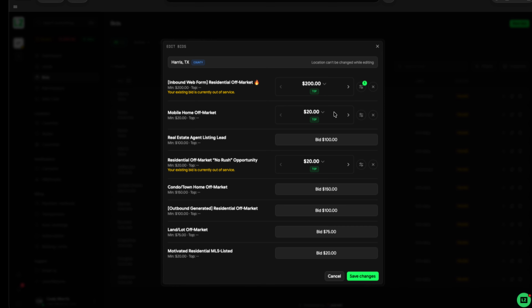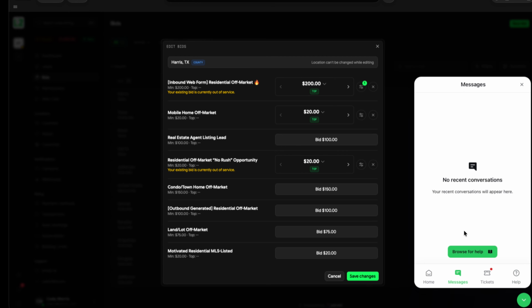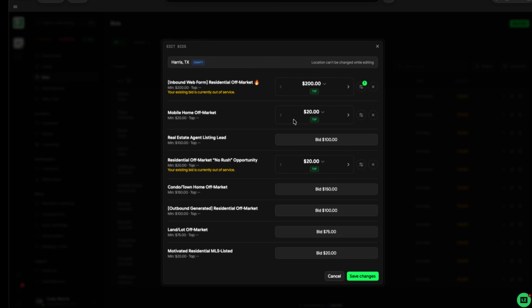And if you're having issues with lead flow, just reach out to our support team. Just send over a message and we'll take a look behind the scenes and see if there's anything else we can do for you. So once I've created a bid, I've got my location selected, my lead type selected, my